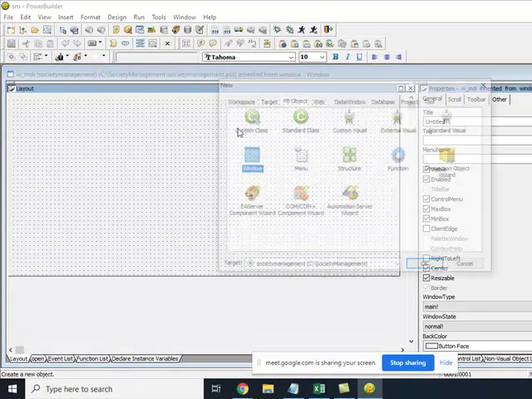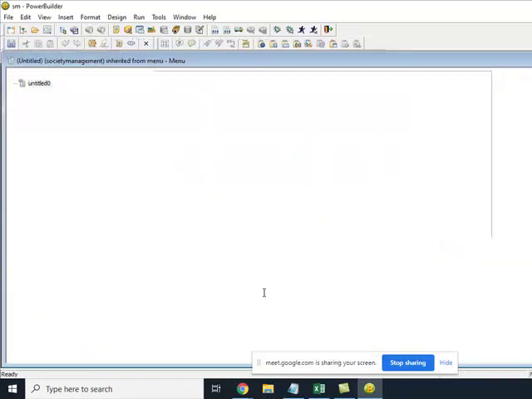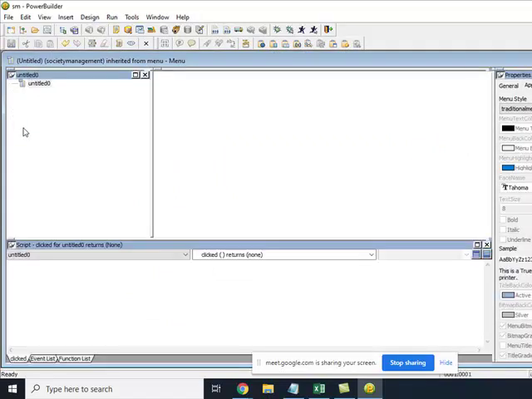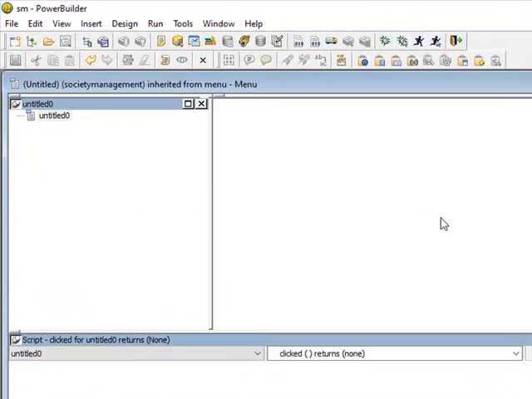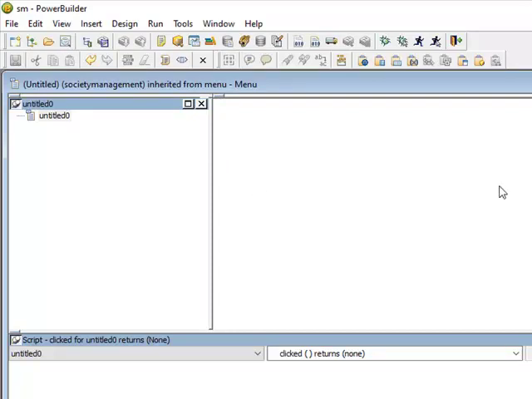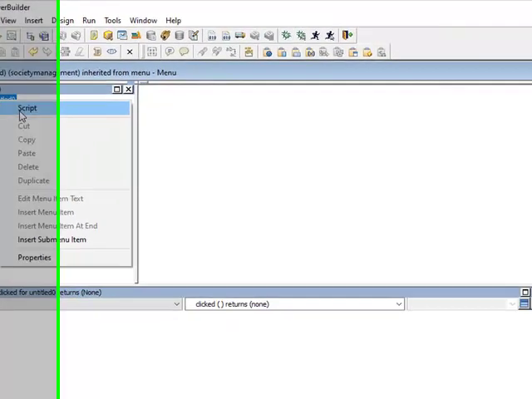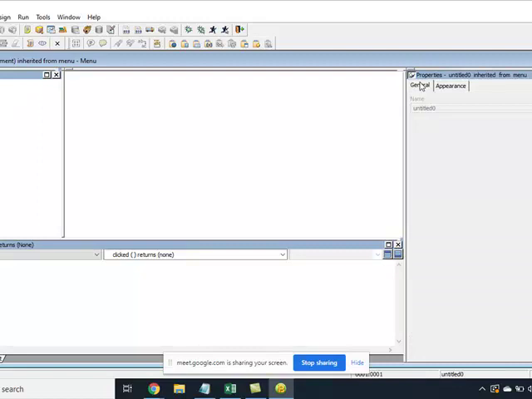Okay. Now I'm going to create a menu. How do I create a menu? Next to Windows, you have a menu object. Yeah. Click on it. Perfect. Before I do anything, I always save. Now I'm clicking on this save. It is saying, hey, you have not done anything, you have not changed anything. Okay, so let me give the name.